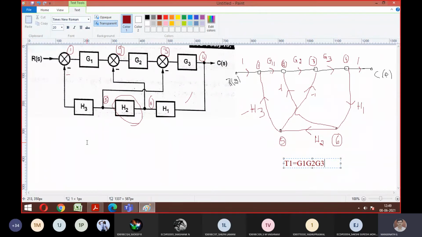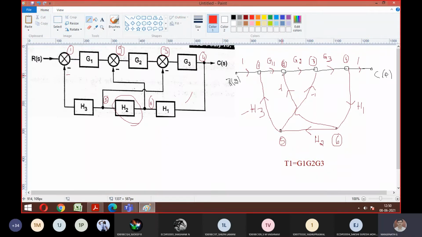Okay, let's try to write them one by one and we'll come to know how many loops you have. So according to you, H1, H2, H3 are the first 3. Is it right? Yes, sir. Okay. So let's try to trace it here. Let me write in dotted line, then we can go with writing the loops separately. So which is the first one? Where is H1? H1 is here. So starting point, ending point: if I start at G2, G2, G3 followed by H1 followed by -1 and ending at G2. So this is your first one here.